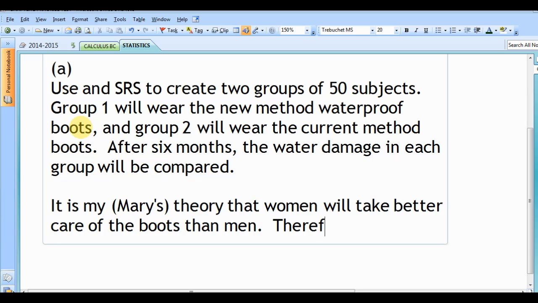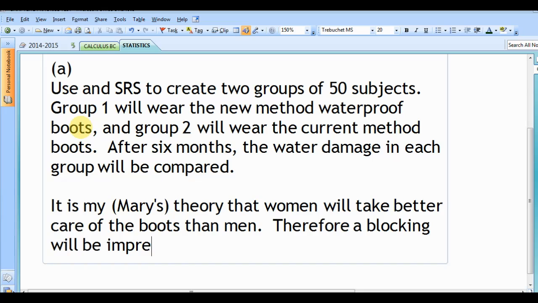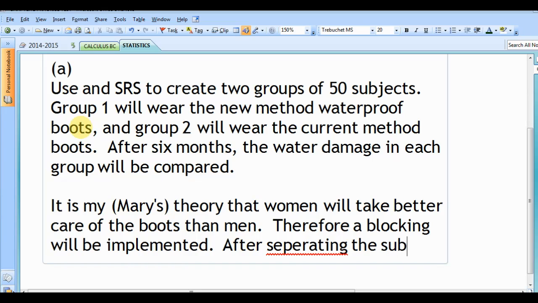Therefore, a blocking design will be implemented by gender. Let's finish this one first, okay? After separating subjects by gender,